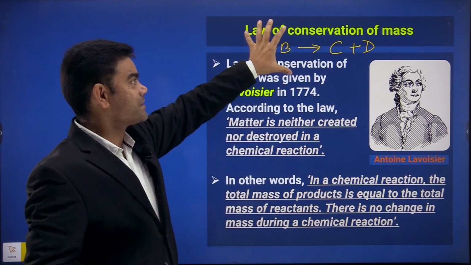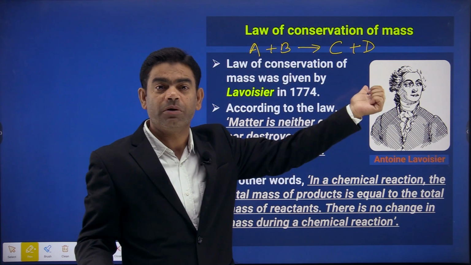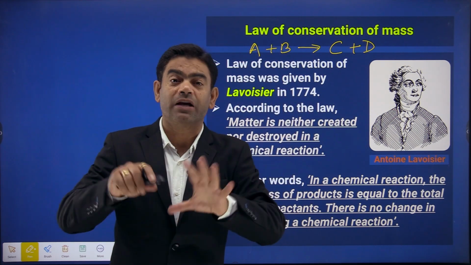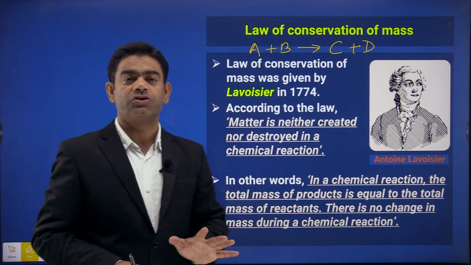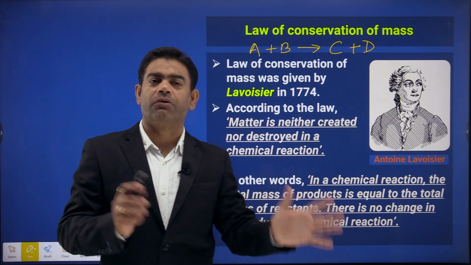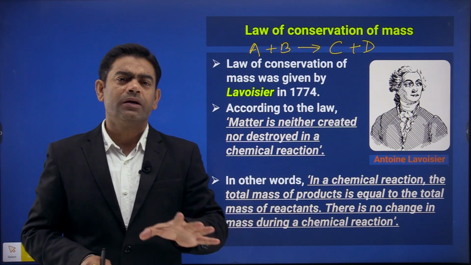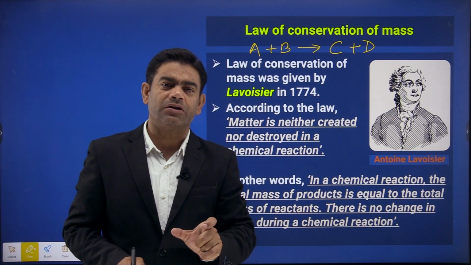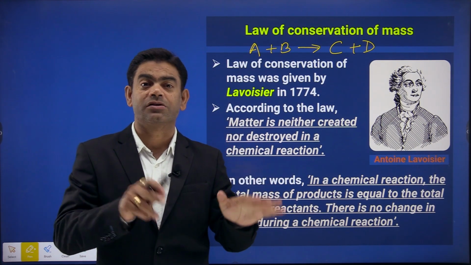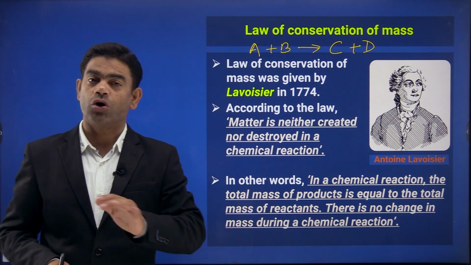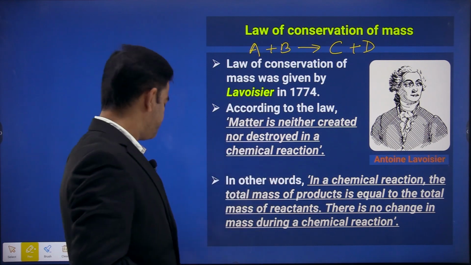So this is the reactant side, this is the product. Reactions में हम यही लिखते हैं, इधर reactant लेफ्ट हैंड साइड में, राइट हैंड साइड में हमारा प्रोडक्ट है. तो जितना मास हमारा reactant का है उतना ही मास हमारा प्रोडक्ट का होगा. This law is called the law of conservation of mass. So in any chemical reaction, it is always valid. Okay, this is why sometimes आपने पढ़ा होगा बैलेंसिंग अ केमिकल रिएक्शन. क्या जरूरत है बैलेंसिंग करने का? इसी लॉ को फॉलो करना है हमको. To maintain this law, that the mass of reactant is always equal to the mass of product, we have to do it. Okay, so this was the law.